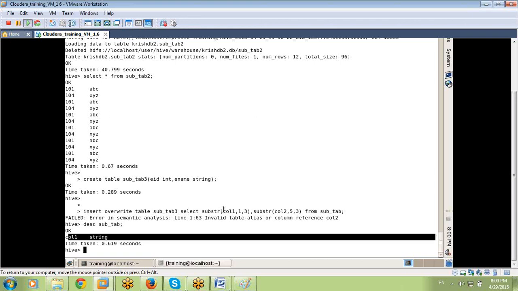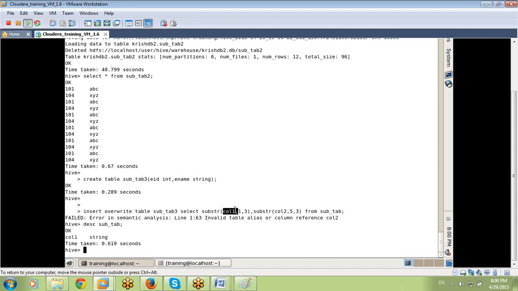So I clearly mentioned the data is there, under column 1, this is the length, and column 1 is available in this table. Clearly I mentioned the address. Then only substring is going and taking the data. Clear?